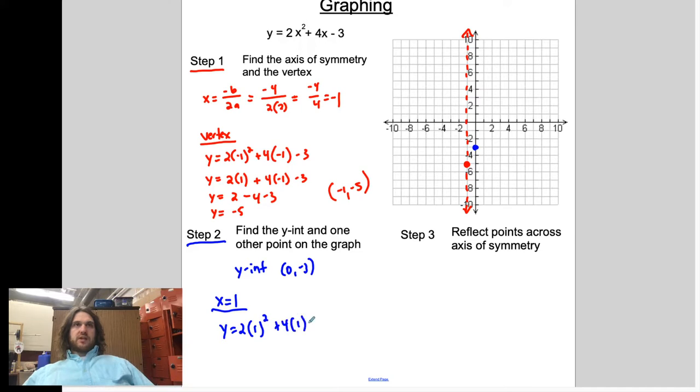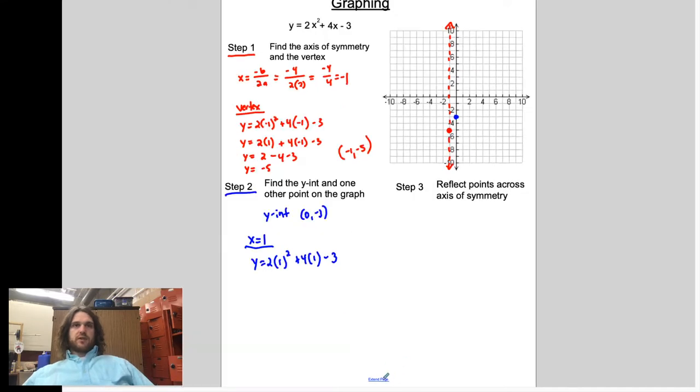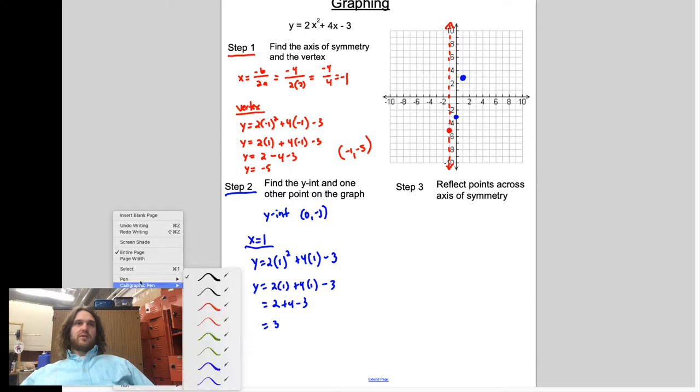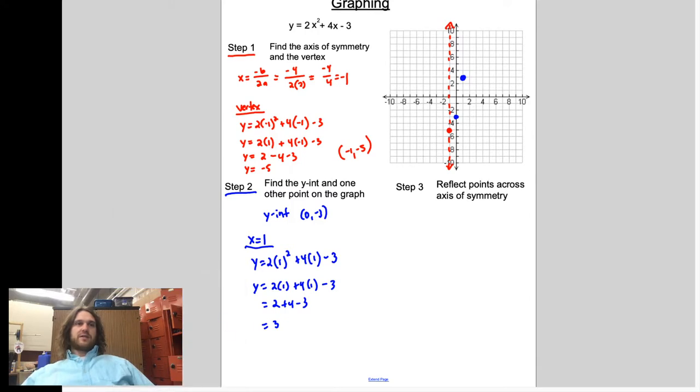I'm sitting at the edge of my seat here, so anxious to know what this value is. y equals 1 squared is 2 times 1 plus 4 times 1 minus 3. 2 plus 4 minus 3 equals 3. Hey, look at that. Wasn't that the point that I got earlier? Yes, it was. Step 3, reflect those points across the axis of